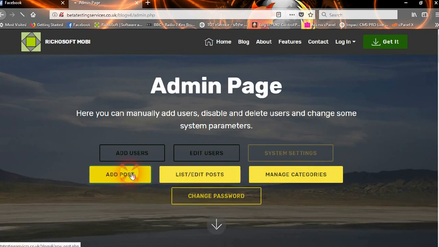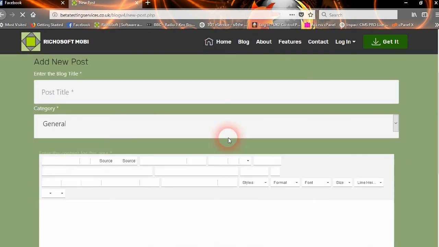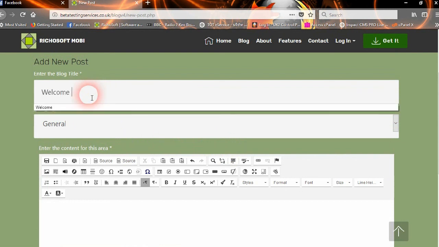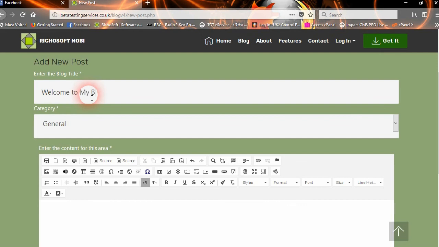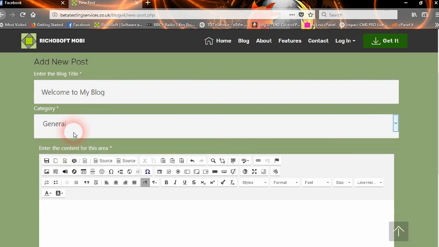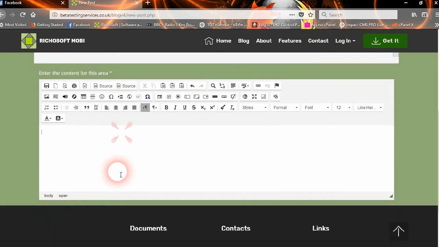So if we go to add post, and you'll get a screen to add a post. So you give the post a title, and what category you want to put it in. And at this moment in time, we've only got one category because we haven't added any new categories. But then you enter your post in here,